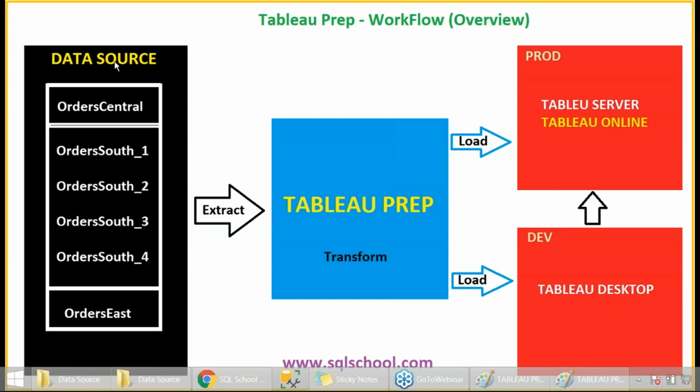We have a data source with sales pertaining to three different regions for different products. We have central region, east region, and south region data split into multiple files, and a few files are in Excel and a few more are in CSV.